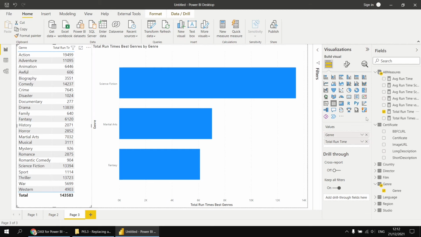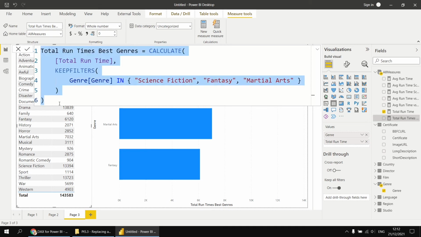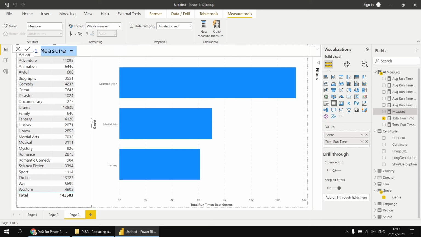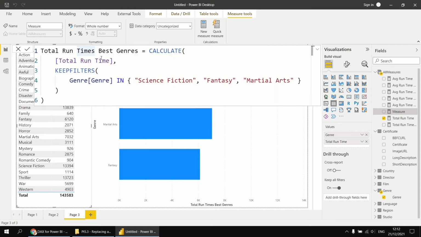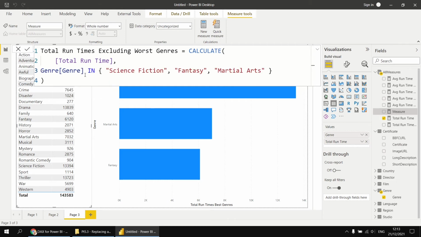To do this, we can copy and paste the total runtimes best genres measure, and then create a new measure, and then paste in all that code. And I think a name for this one could be total runtimes excluding worst genres. Again, you can pick a different list to me if you like, just to demonstrate the principle. I want to do this without using the KeepFilters function, just again to demonstrate why we need to use this. So I'm going to get rid of the KeepFilters function first,